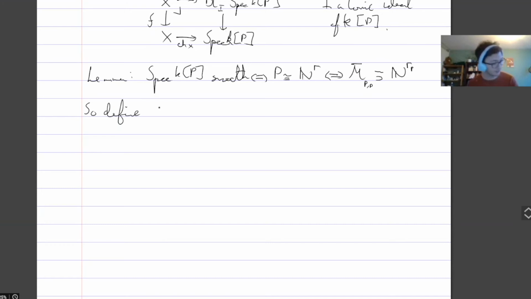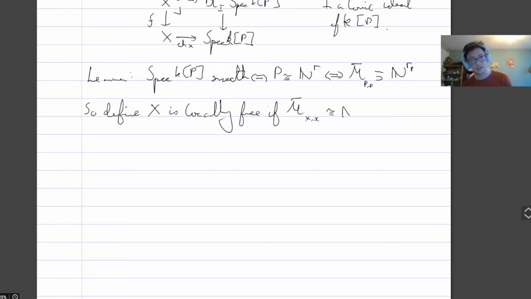This is like a long series of definitions. So define X as locally free if the stalks M bar X at x are isomorphic to N to the r_x, so it's allowed to vary as I move around, and f: X tilde to X is a locally free blow-up